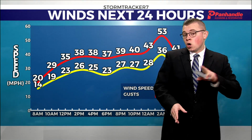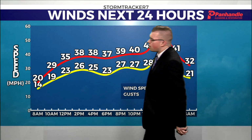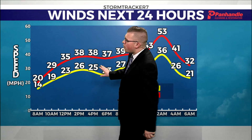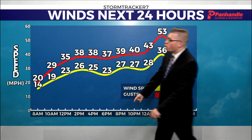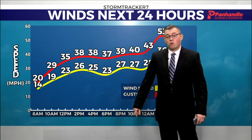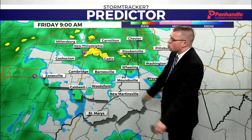out the door. Though as we see those start to move on through, we will see the winds start to pick up a bit, likely seeing sustained winds of 15 to 25 miles an hour throughout the afternoon today, even possibly seeing some gusts of up to 40, but really the bulk of our winds will come for the morning and afternoon hours tomorrow. So as we start the morning, 9 a.m., seeing those showers starting to move back into